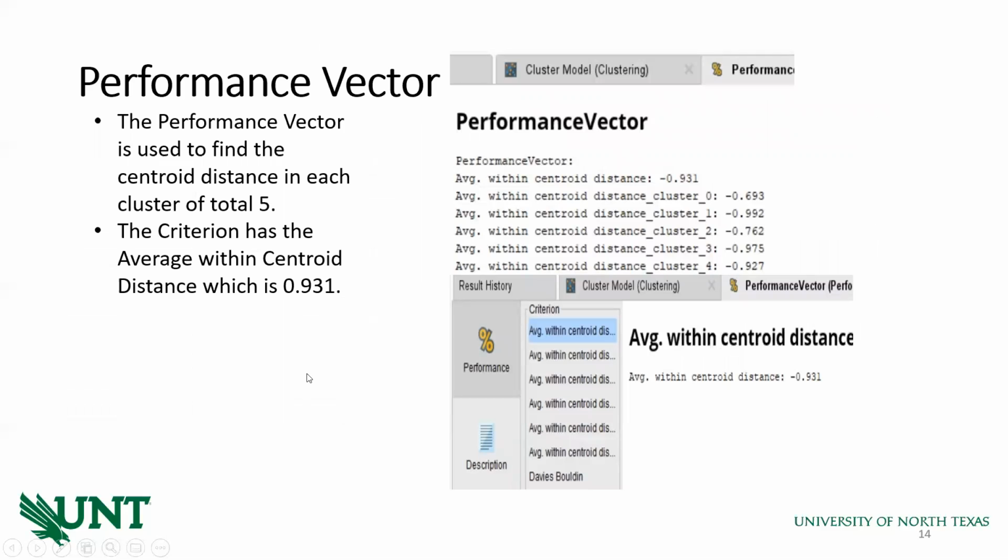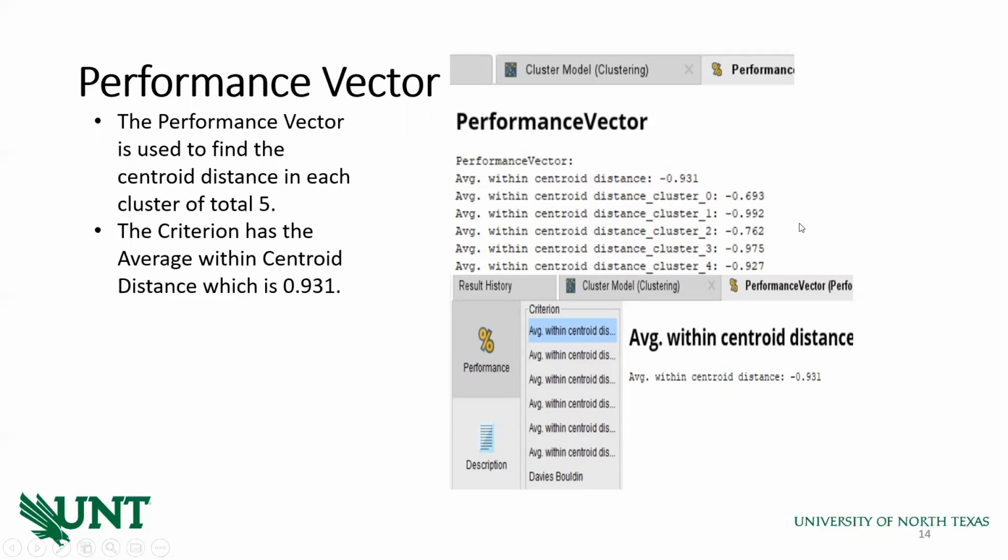Performance vector. Here I have used the performance vector to find the centroid distance in each cluster. The criterion has the average within centroid distance, which is 0.931. This is the average within centroid distance, 0.931, and also the other centroid distances. Cluster 0 has 0.693.